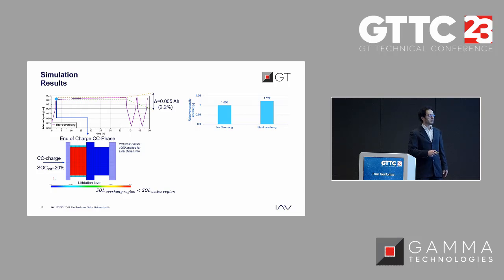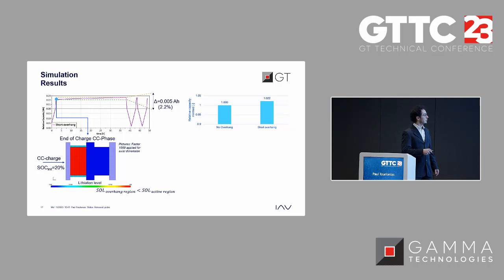Which is the same order of magnitude that we observed also experimentally. And for today, I also put some presentation or some graphs representing what is going on in the cell. So here you can see the lithiation level. 0 is blue and 1, so 100%, is red. Starting at the beginning of the CV phase, this is the start of the simulation, and then